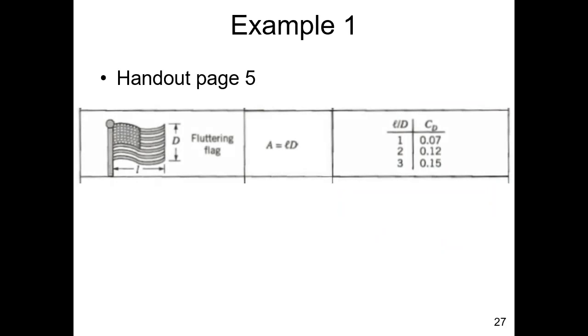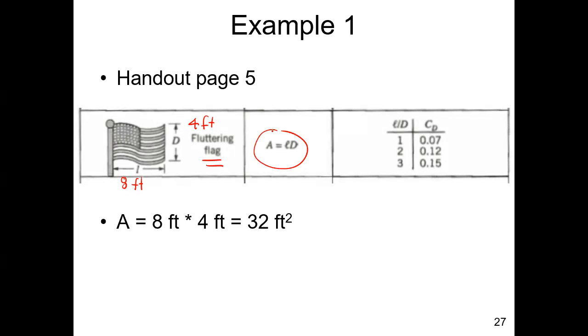So in this case, you will see they define a fluttering flag. It's got a height of capital D, which in our case is 4 feet, and a length, which is 8 feet, which is L. So in this case, the area, notice, is not the area perpendicular to the wind. This drag coefficient, what people do